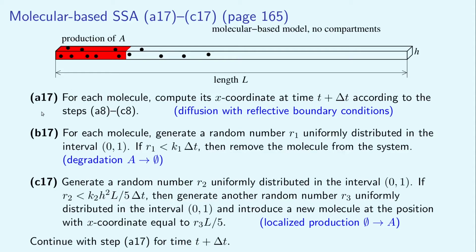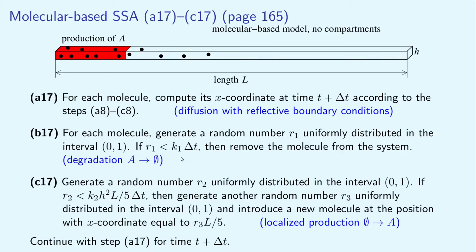In the first step, we implement diffusion with reflective boundary conditions. For each molecule, we compute its x-coordinate at time t plus delta t according to the steps A8C8. The degradation of each molecule is implemented in step B17. For each molecule, we generate a random number R1 uniformly distributed in the interval 0, 1. If R1 is less than the probability of degradation, which is K1 times delta t, then we terminate the trajectory